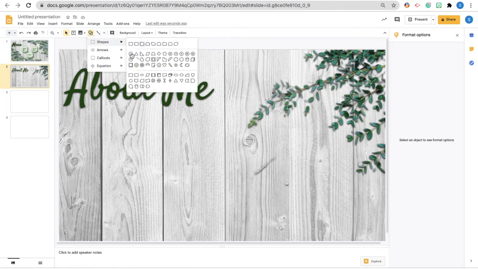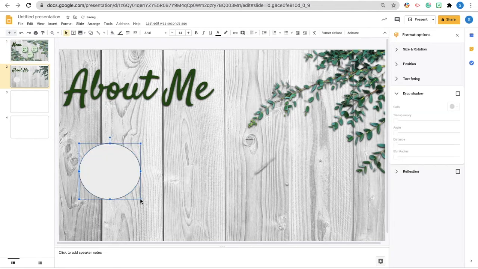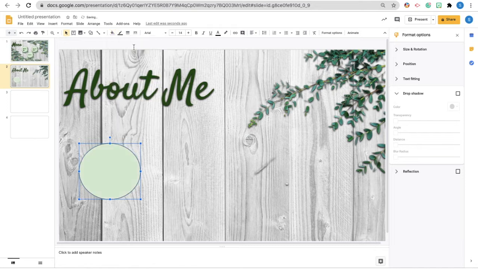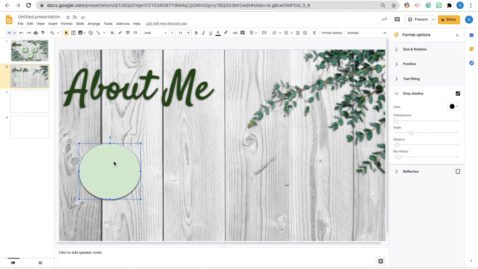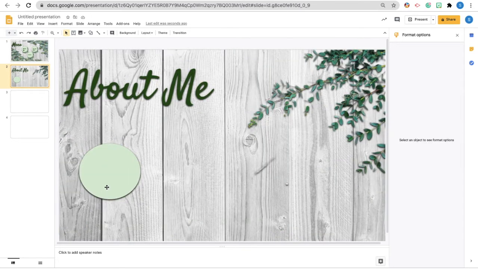Now I'm going to insert some shapes because I do want to add some buttons because I want to put my About Me info into different slides. So just like last time, we are going to insert some circles because I want the buttons to be circular. I'm going to change the color. I'm going to make the border transparent, and I'm going to add a drop shadow. I accidentally clicked that slide, so